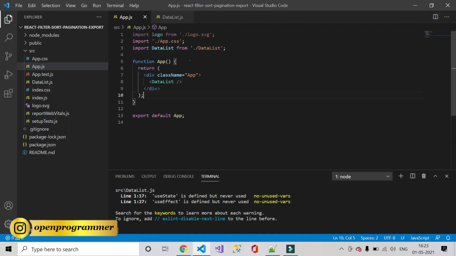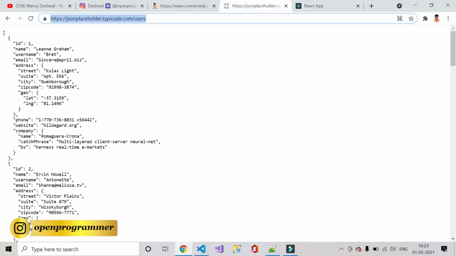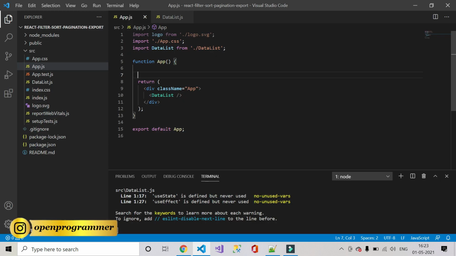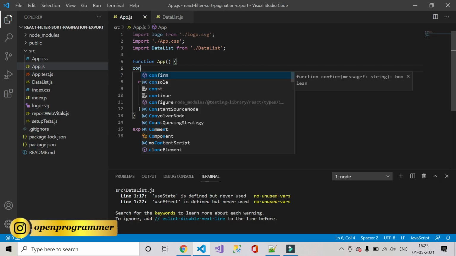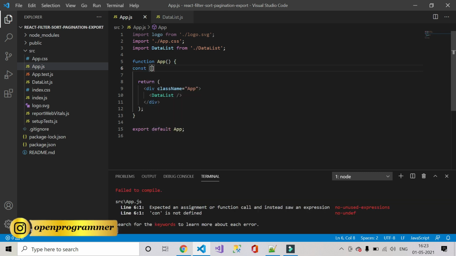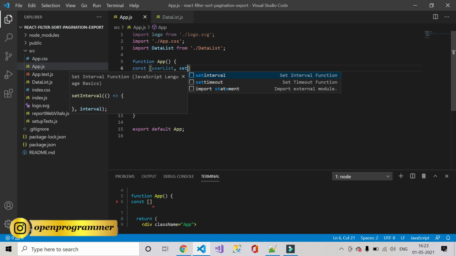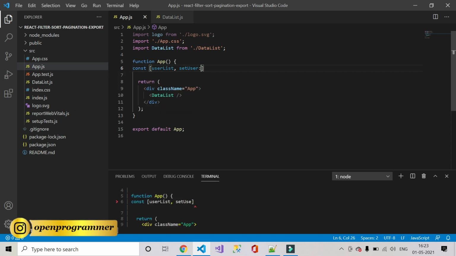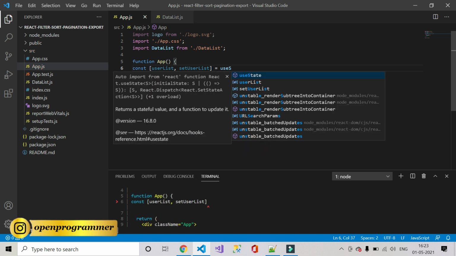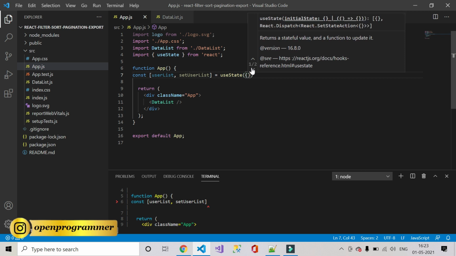So now we will use this REST API, or you can say this fake JSON API. So first of all, let's create a variable const userList and setUserList is equal to useState with a blank array.